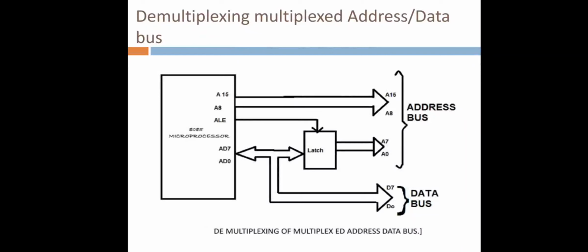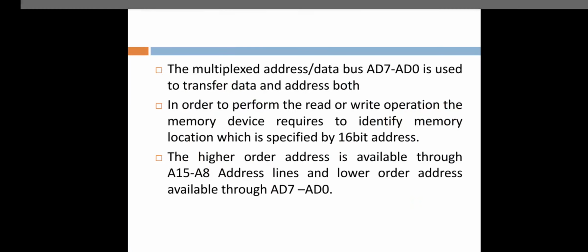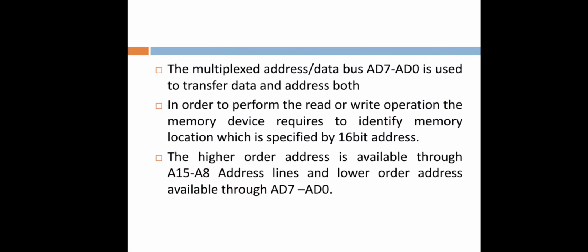Demultiplexing the address bus and data bus, as shown in the figure. Our lower order address bus AD7 to AD0 is multiplexed with the lower order data bus. The multiplexed address and data bus AD7 to AD0 is used to transfer both data and address. In order to perform a read or write operation, the memory device is required to identify the memory location, which is